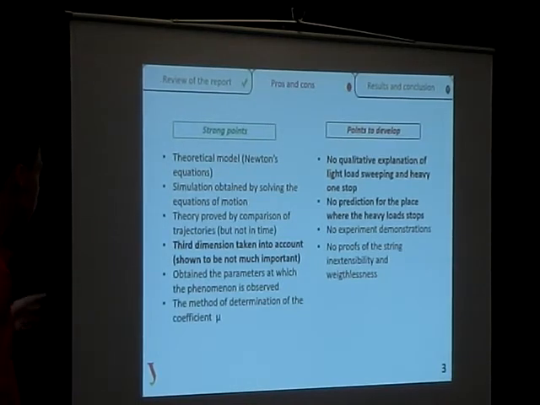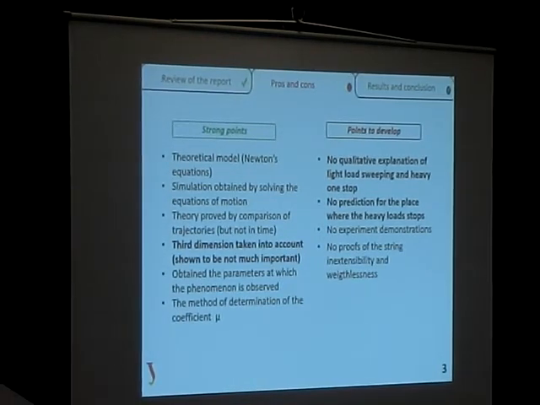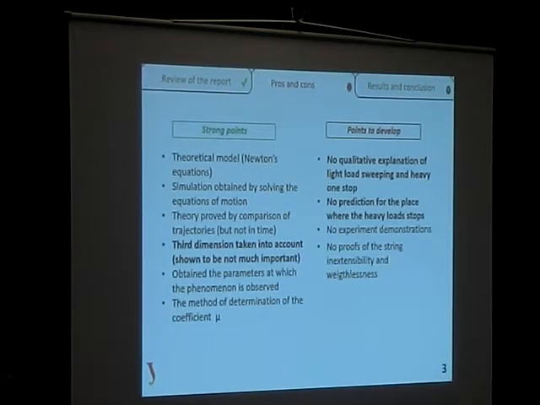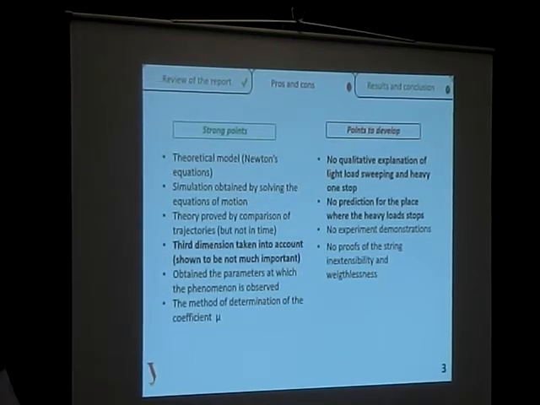So the main strong points of this report are that we have a theory that can predict the experiment, but not in time; that the three-dimensional phenomenon was taken into account; that there were some parameters in which we can observe the phenomenon, but not predicted theoretically or experimentally; and that we have the method of how the friction coefficient was measured. I agree with it because